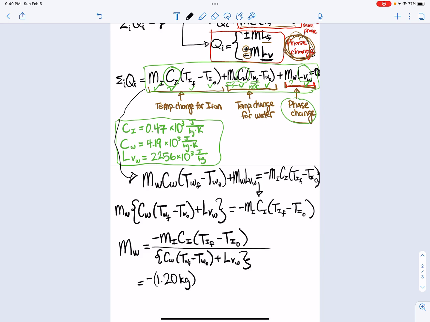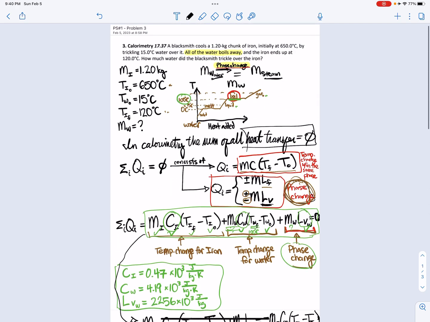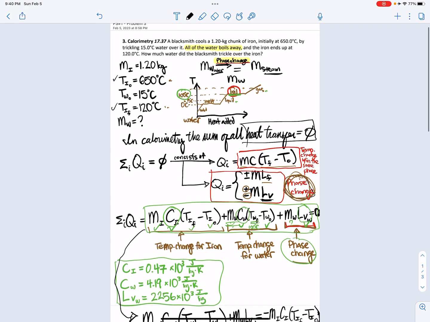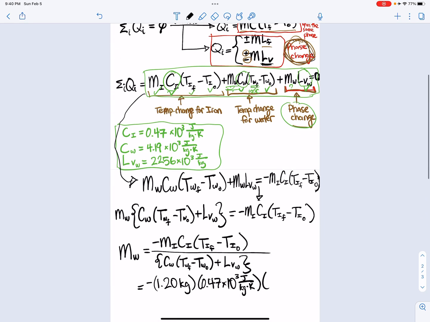Equals specific heat of iron, that's 0.47 times 10 to the third joules per kg times Kelvin. And temperature change for iron, we've got it here and here. Okay, so 120 degrees Celsius minus 650 degrees Celsius, divided by